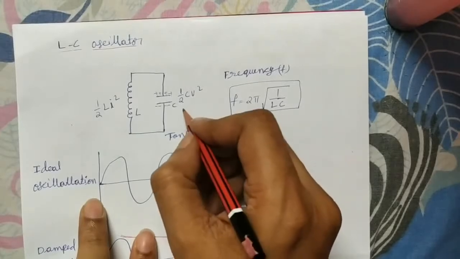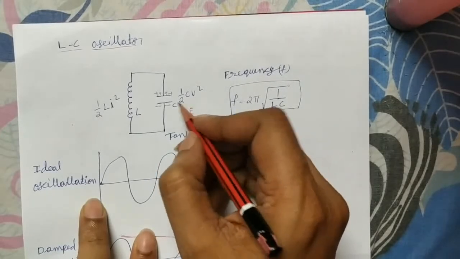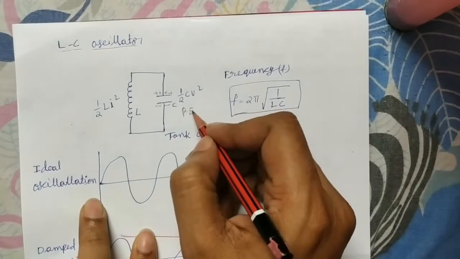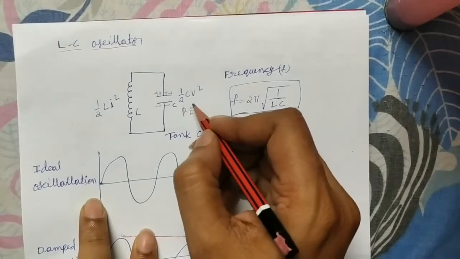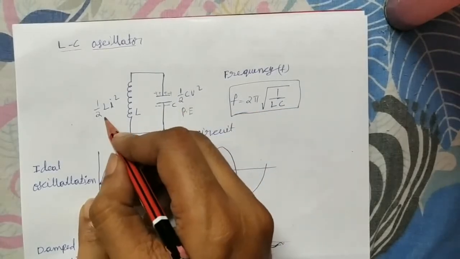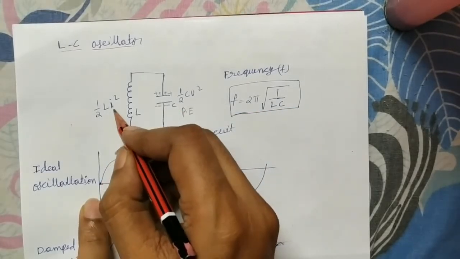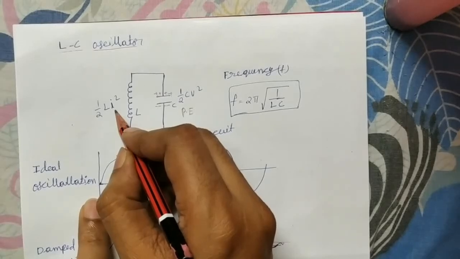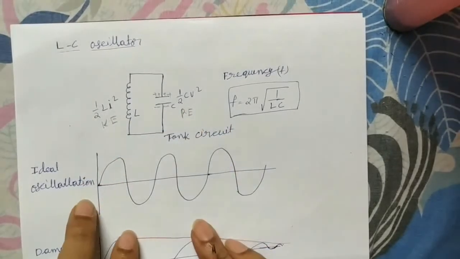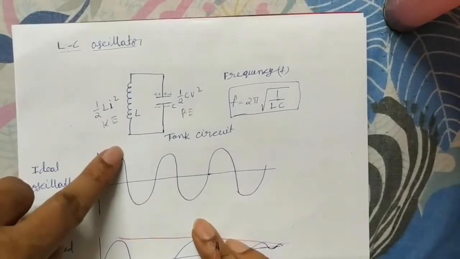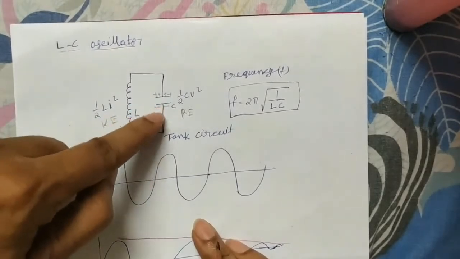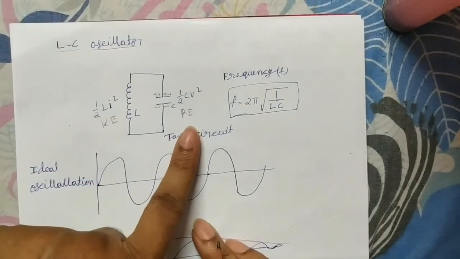This energy we can consider like a potential energy. Why? Because the charges on the plates of the capacitor are at rest. Because of the rest charge we are getting energy. That's why it is called potential energy. In half CV square, C is the capacitance and V is the potential across the plates. In half Li square, L is the inductance and I is the current flowing through the circuit. This we can consider like kinetic energy in a mechanical oscillator, because of the flow of charge we are getting this energy. Flow of charge is nothing but motion, that is what we call kinetic energy. Because of the storing of charge we are getting what we call potential energy.